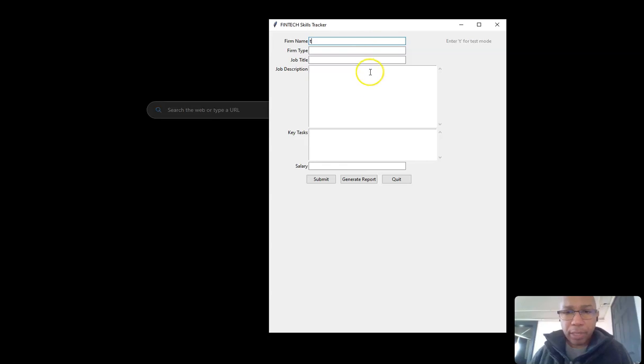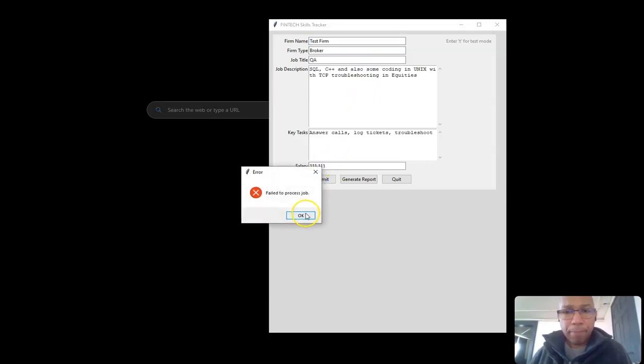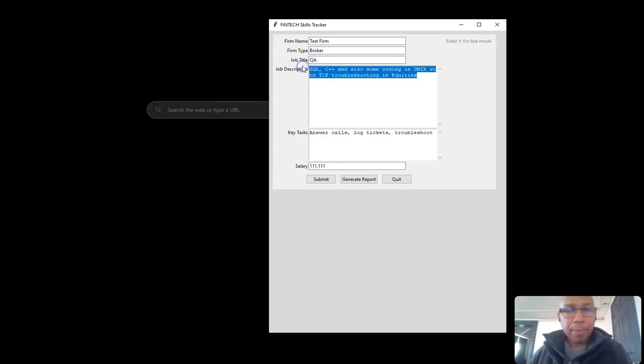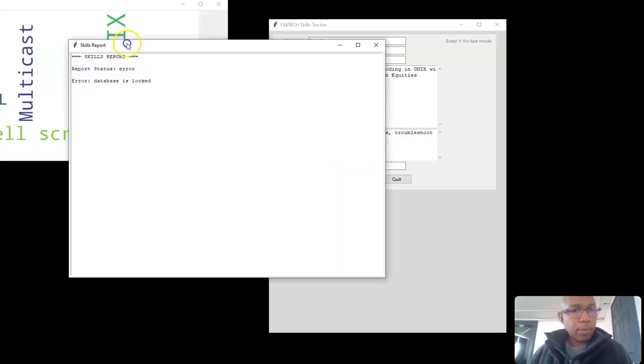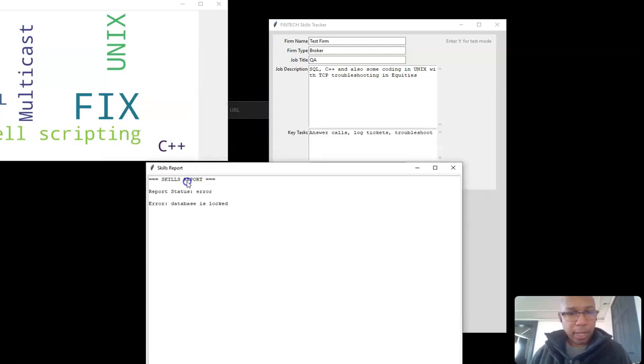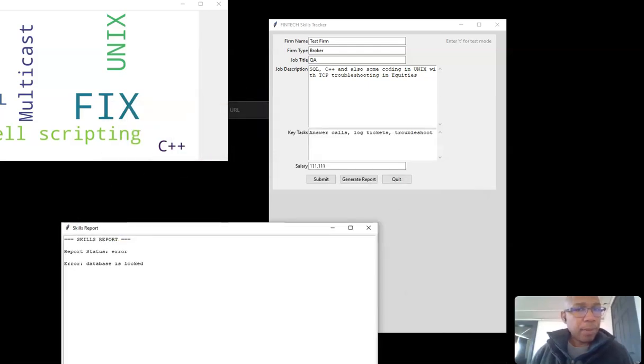Let's see if test mode actually works. Let's submit T. Okay, so the test mode auto-populated test firm, broker, QA, job description, key tasks of the job, and some kind of salary. Look at that, money. So if I do generate report, okay, so I got a database locked because I'm currently